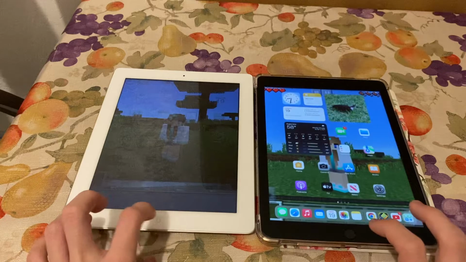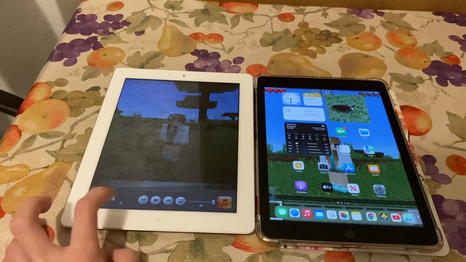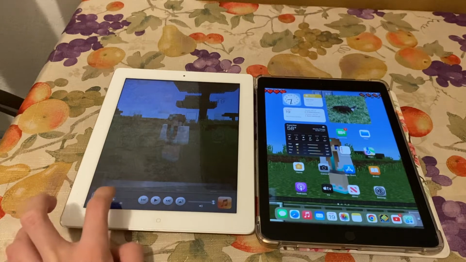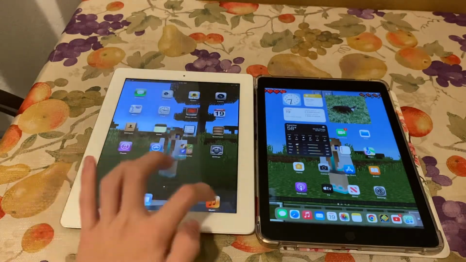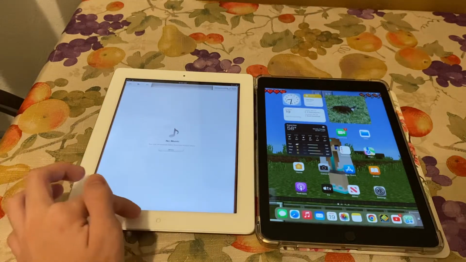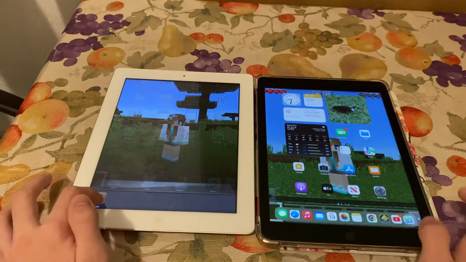So I believe this is the control center for iOS 6. Oh yeah, this is the brightness, this is the volume, and I don't have any music here. All right, so